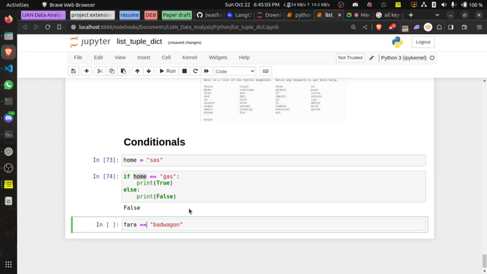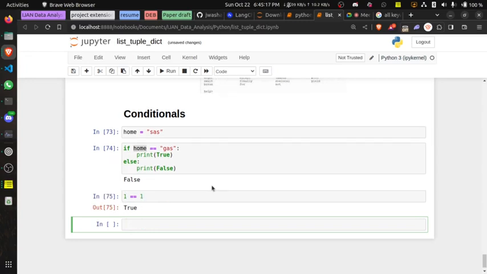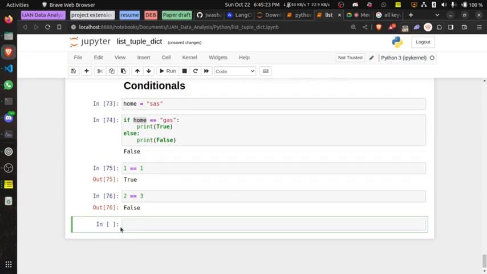So now you can check two things. Let me use simple stuff, like one equals to one. If I run this, I'll get a true. Is two equals to three? You get a false.